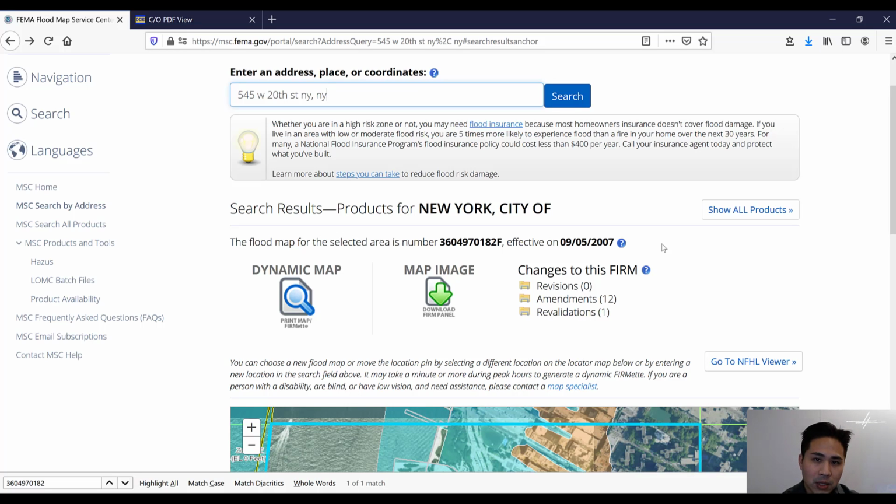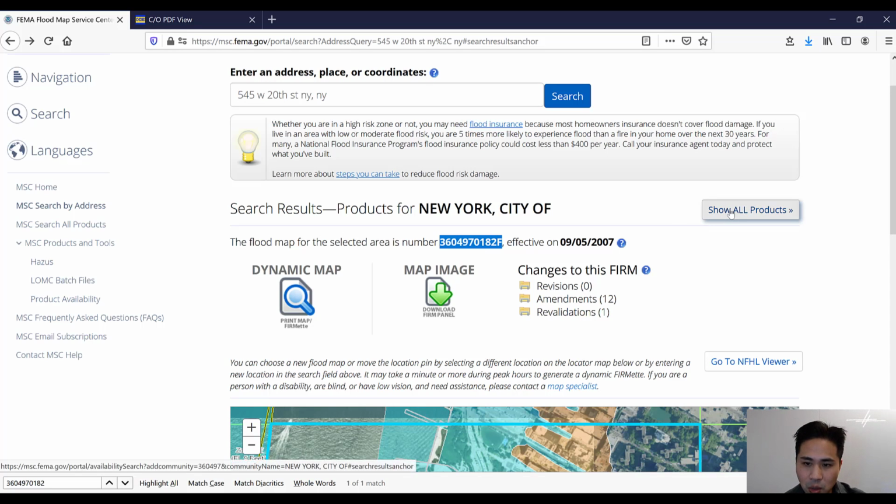To do that, you go back to the same web page, the FEMA flood map service, and you basically use the same exact map number that's listed under the address. So this is the flood map number here. What I'm going to do now is copy everything and click this here, show all products. This was the 2007 version. So to get to the 2013 version, we click this here